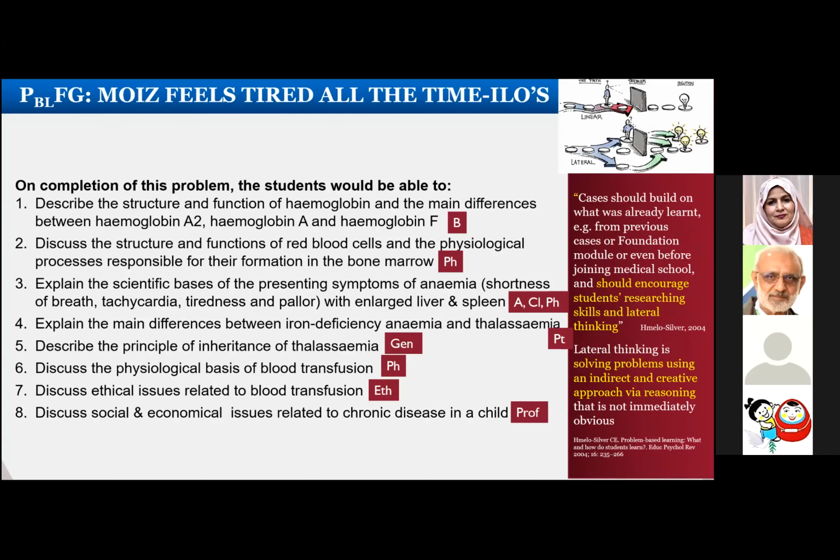This is one example. The learning outcomes were 8 for this. Suppose there were 8 of them, and you know that these learning outcomes are coming from different disciplines: biochemistry, physiology, genetics, then ethics, then professionalism, then pathology, then clinical. A part of it will be anatomy also, because it's a hemopoietic and lymphoid module. Usually the anatomy is not much covered there, but because there was enlargement of the liver and spleen and it was palpable, at least you can include in the triggers the surface marking of the liver and spleen and how they are palpated.